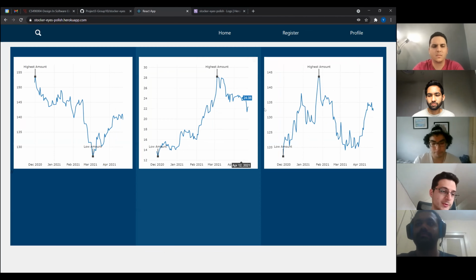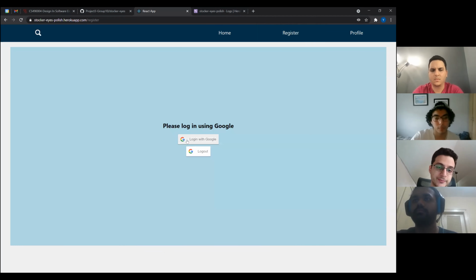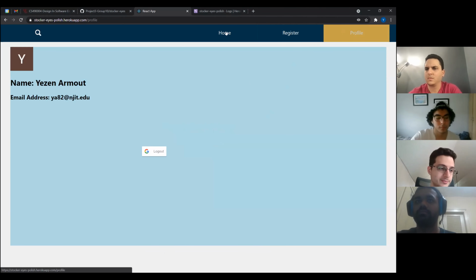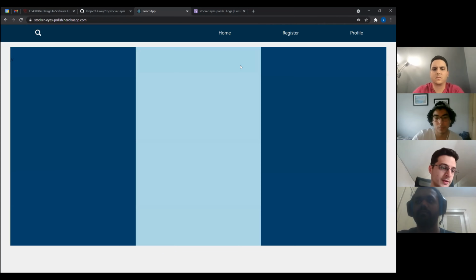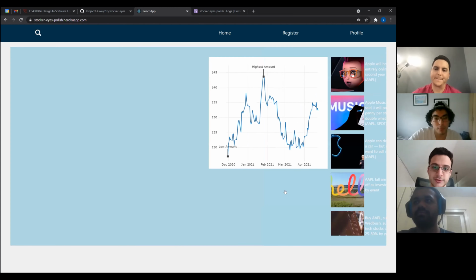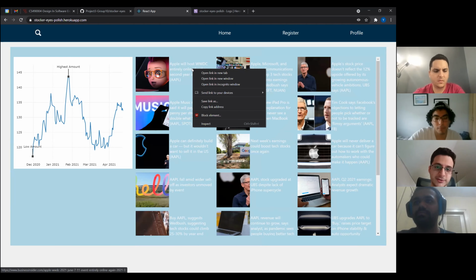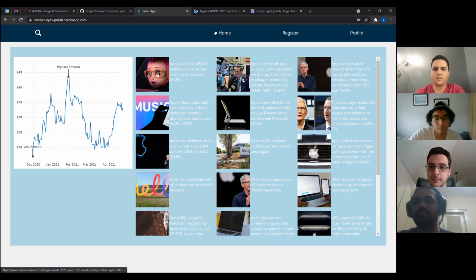So whether you're at home or on the go, you can always log into the app from your smartphone, tablet, or home computer. Just like that. You can see your profile, see that you're logged in. And then sometimes the stocks take a couple seconds to load. There we go. So with a centralized homepage, you'll be able to see how your portfolio is performing at a glance. You can always click on one of the stocks so you can see the latest news articles about it. If you see anything that catches your eye, you can open it up in a new tab.